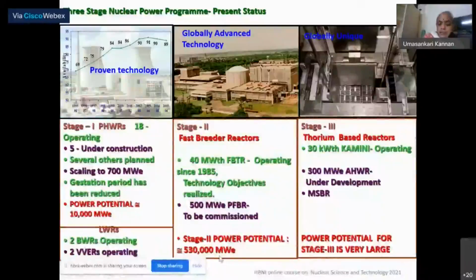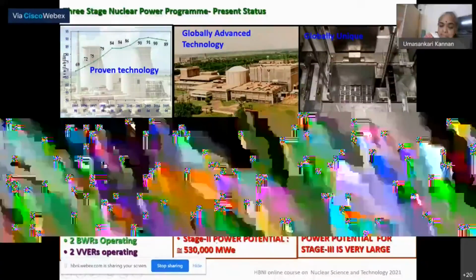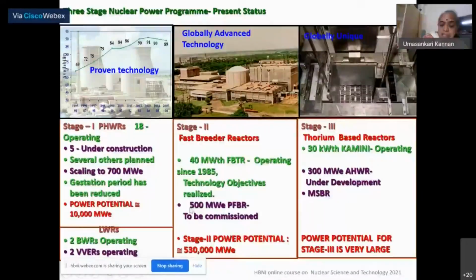These numbers are calculated and revised again, but still, because 18 to 19 reactors are operating, and the reprocessing technology for the plutonium from these reactors has been very well established, we already have the plutonium required to commission the first reactor, which has already been fueled, and the reactor is ready to be started at any time. So this is where reprocessing is important. The plutonium from this stage goes into the second stage, which is the fast breeder reactor. In my next slide, I'll explain it a little more with respect to materials, but here I'm just telling you the basic philosophy.